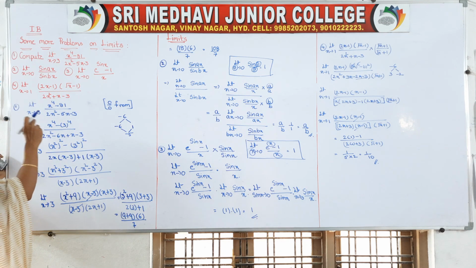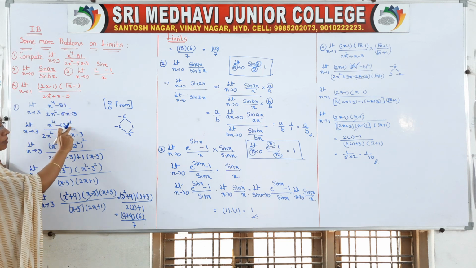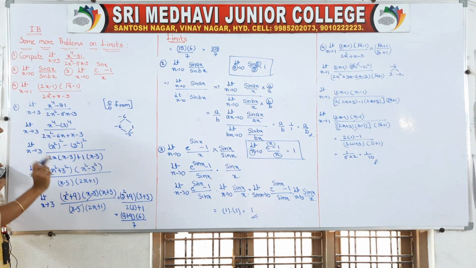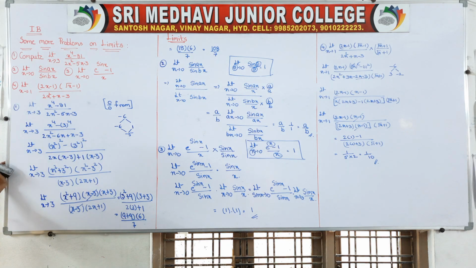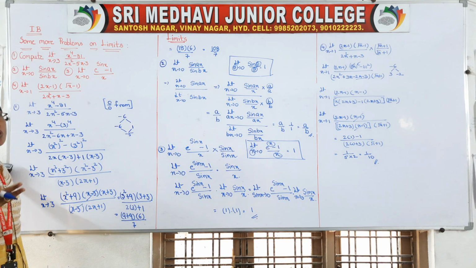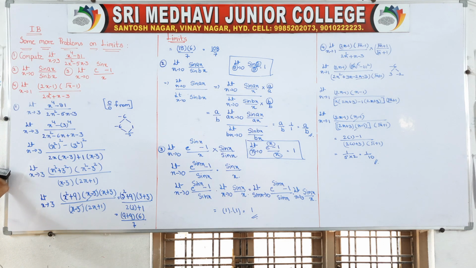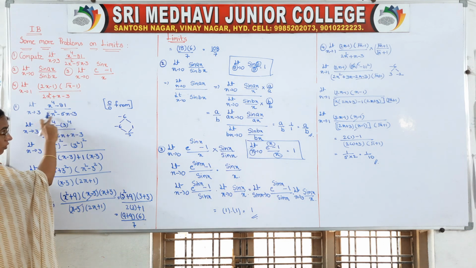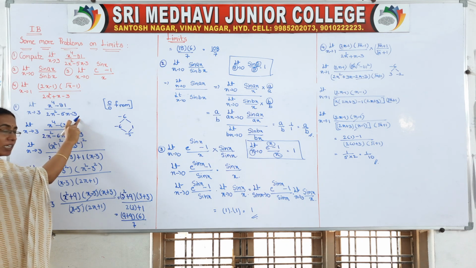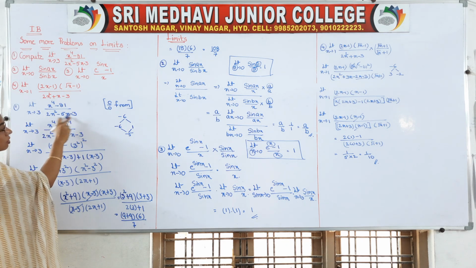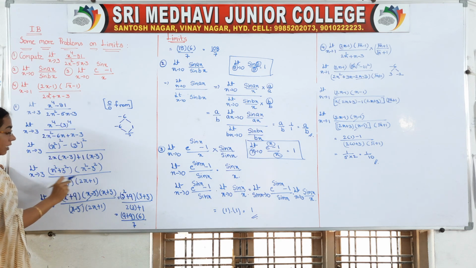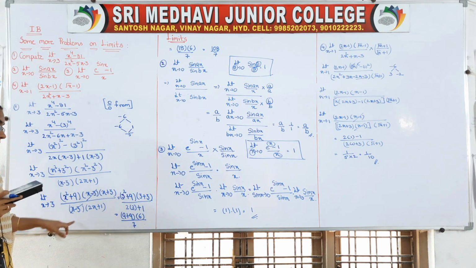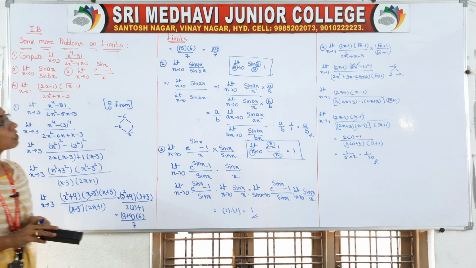So first we have taken this as x to the power of 4, and 81 can be taken as 3 to the power of 4, right? After that, x square whole square minus 3 square whole square, so that it will come into the form of a square minus b square, which can be written as a plus b into a minus b. Okay, and downwards also we have to factorize the denominator also. So if we observe, we have to take the factors as minus 6 and 1. So then we got x minus 3 as common, we cancelled, then substituted.